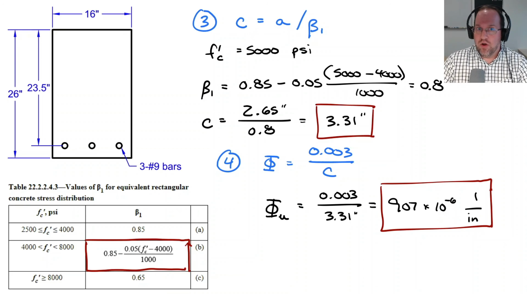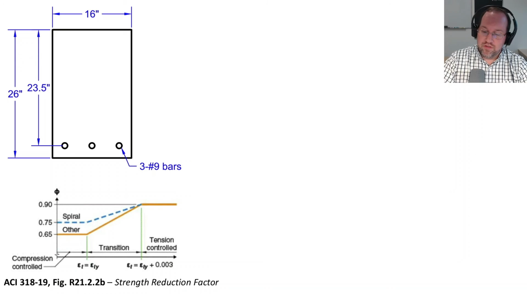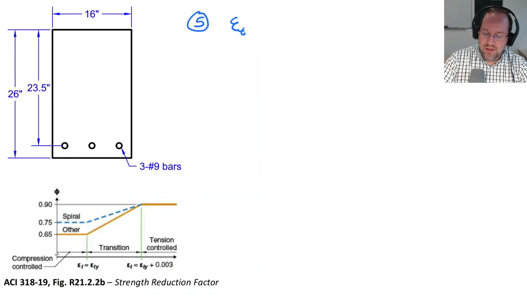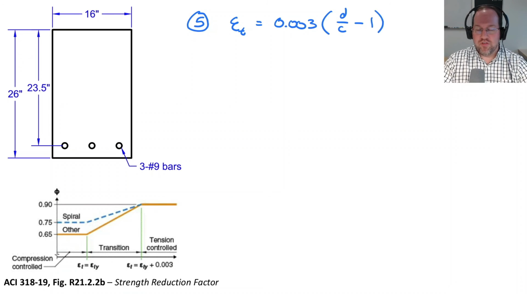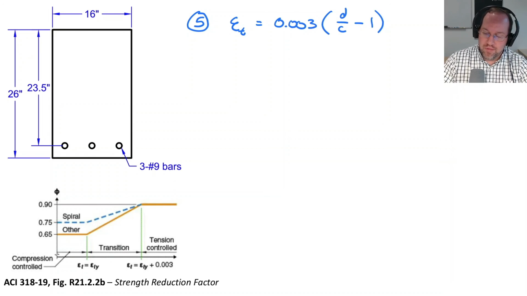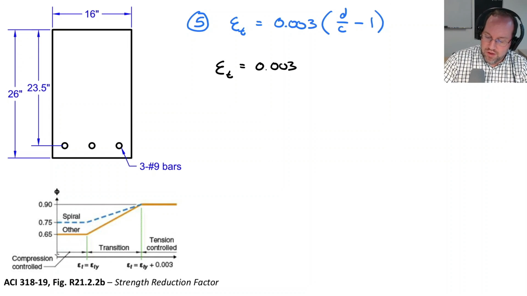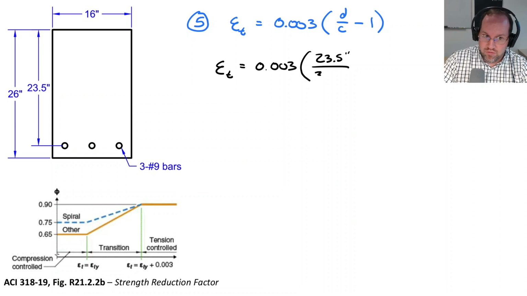Well, let's calculate our strain in our steel. Now, for the steel strain, we need to consider epsilon t is equal to 0.003 multiplied by (d over c minus 1), where this expression is coming from the idea of similar triangles through the depth of my cross-section. So once again, d and c are known quantities, so I can calculate my steel strain. This is 0.003 times (d is 23.5 inches from the top, and my depth of neutral axis is 3.31 inches, which I just found). All that minus 1 gives me a strain of